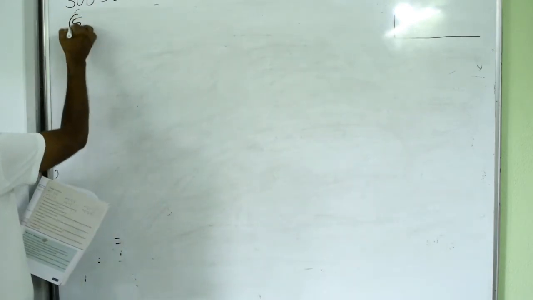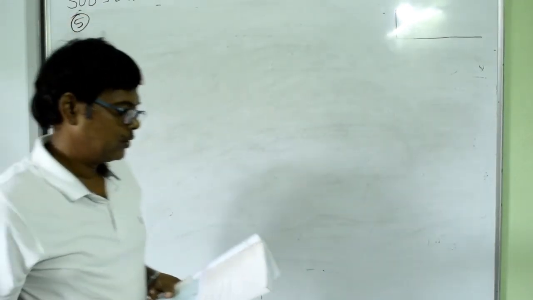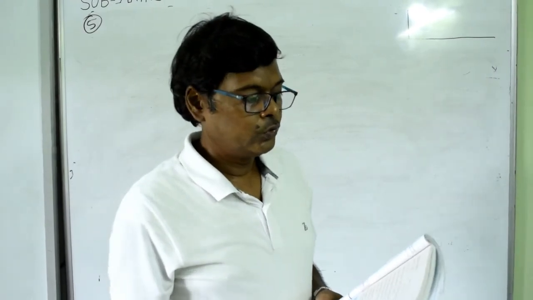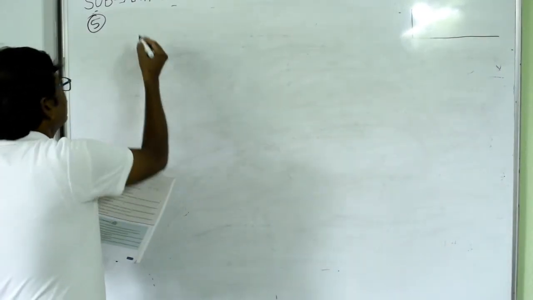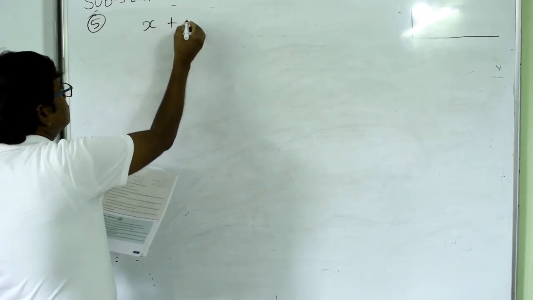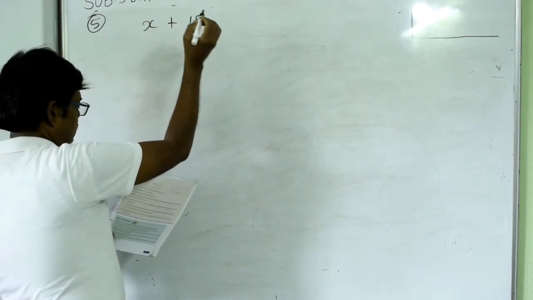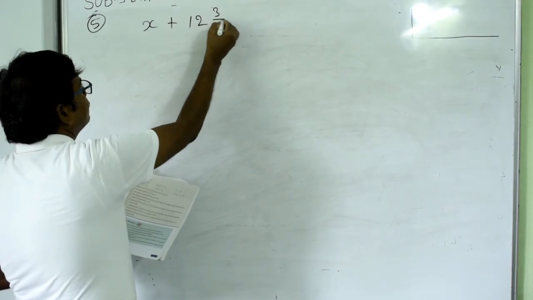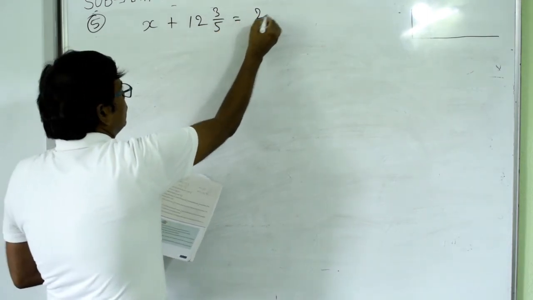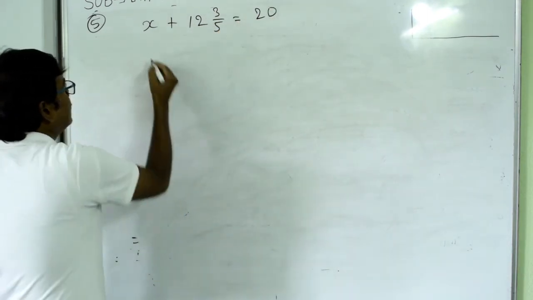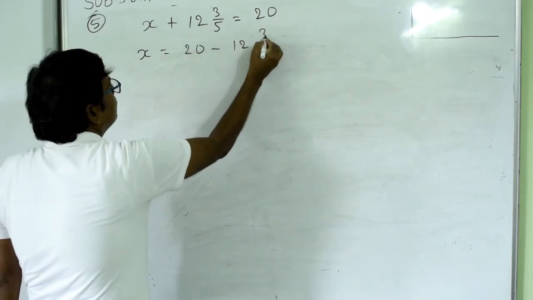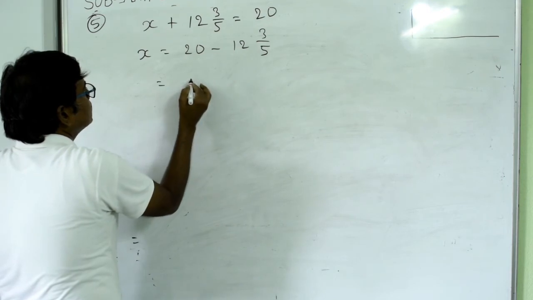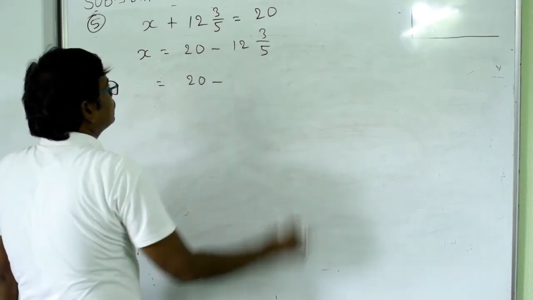In this question number 5, the question is what should be added to 12 and 3 by 5 to get 20. Okay, what should be added? Okay, so here suppose x is added to 12 and 3 by 5 to get 20. Okay, so what is x then? X will be equal to 20 minus 12 and 3 by 5,